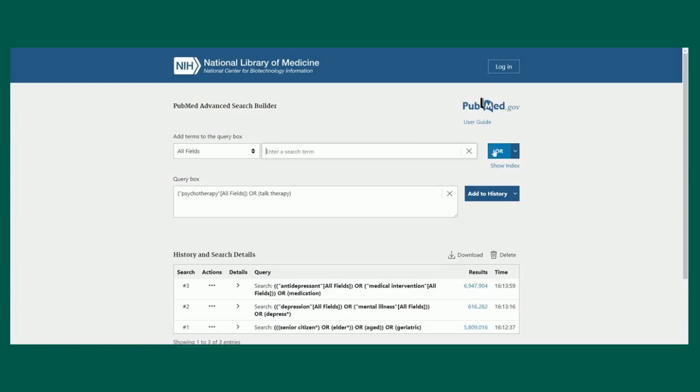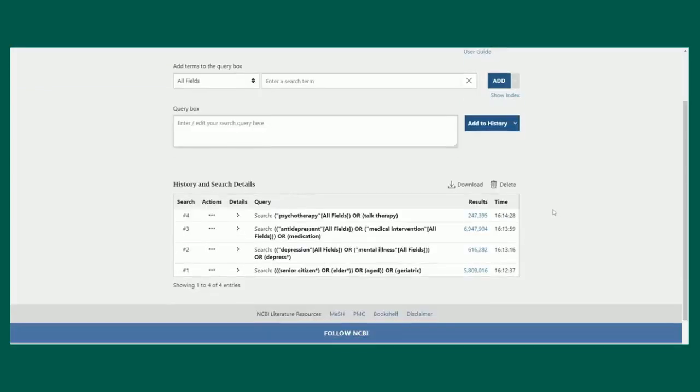Once we've built our searches for each concept, we will click on the three dots under Action and select Add to Query for each search that we want to include. We will again use the Boolean operators here, remember, AND, OR, NOT, to tell the database how we want our searches included. This will combine our individual searches into one longer search string. As many features as databases have, it's helpful to think of them as very simple, that it does not intuitively know what we are seeking. Using tools like Boolean operators, wildcard searches, and built-in options allow us to more clearly indicate to the database what we are seeking.